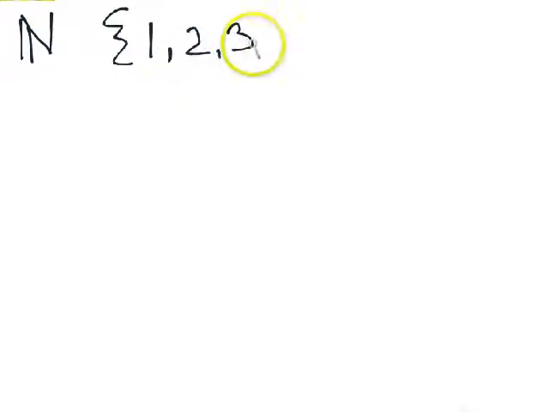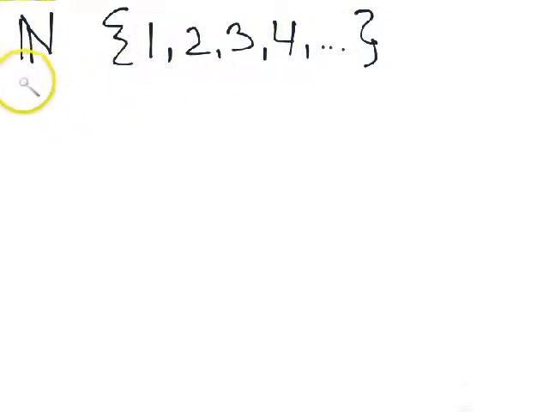Section 1.1 is all about the real numbers, and we're going to start our discussion with the natural numbers. Those are the most specific of the real numbers. The notation for this is a capital N with an extra line in it, and that means the natural numbers. And those are otherwise known as the counting numbers. And they include, starting with the number 1, all the numbers that you count with: 1, 2, 3, 4, and so on. And these brackets are indicating the set of numbers that are there, and there are infinitely many